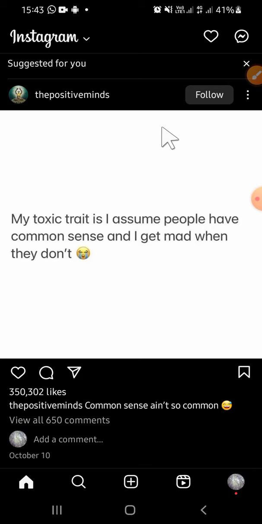In today's tutorial, I'm going to show you how we can choose or control who can tag us on Instagram posts. Let's get started. Here I have my Instagram open, and if we want to control who can tag us,